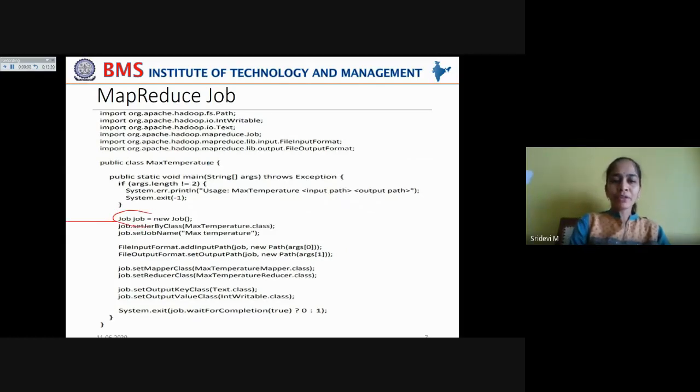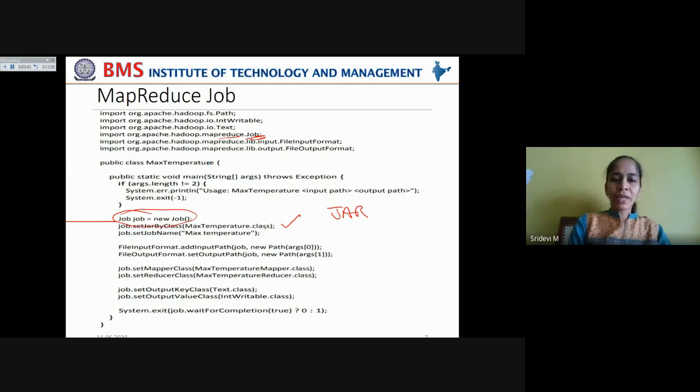Now finally, we are packing all these map and reduce functions into a job. For that, you are creating a job object by using a new instance of Job, which is a class that is available in org.apache.hadoop.mapreduce. For that Job class, you're creating a new instance, and you have to create a jar file, a Java archive file, which is a set of all these classes that are being packed into the job. This jar file has to be created and placed on the cluster, which can be picked up by any job tracker in order to execute that particular job by assigning it to further task trackers.